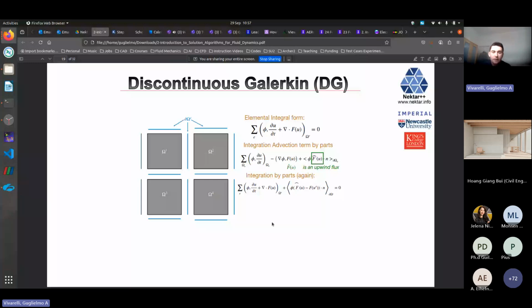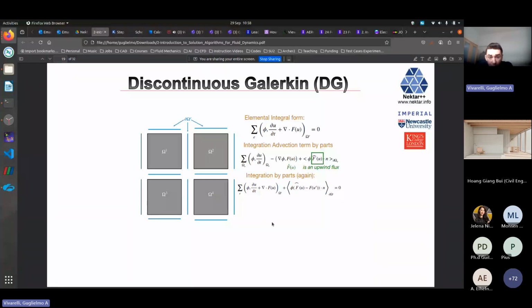So at this point, you're going to end up with fluxes in between elements. You've got an elemental composition rather than having the whole matrix in front of the system representing the overall domain, and therefore you have to understand how to transfer information in between elements. So how does the state of one element influence the neighboring state and vice versa,